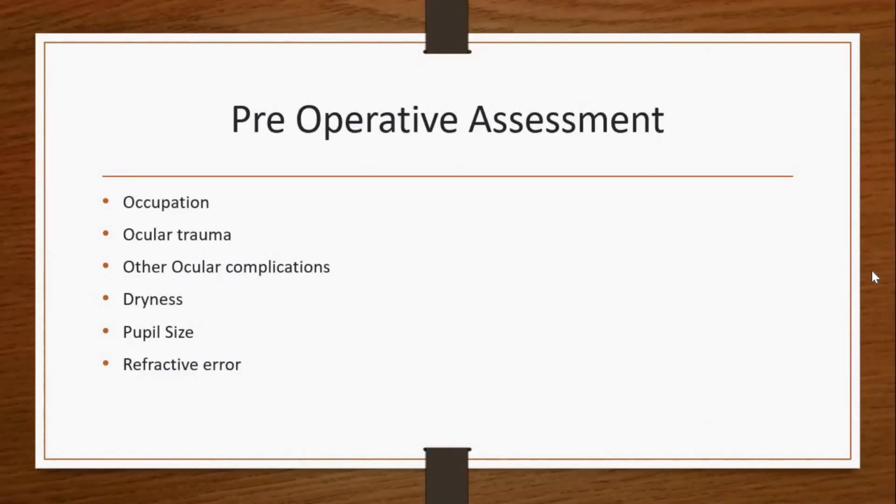But nowadays, even post-LASIK patients can undergo a refractive IOL rather than a diffractive IOL, because in post-LASIK patients the eye's higher order aberrations will be more. If you implant a diffractive lens in a patient who has more higher order aberrations, the patient will have a lot of visual disturbances. So in that case, you can go for a refractive IOL. The main thing is to ask about ocular surgeries and ocular complications.